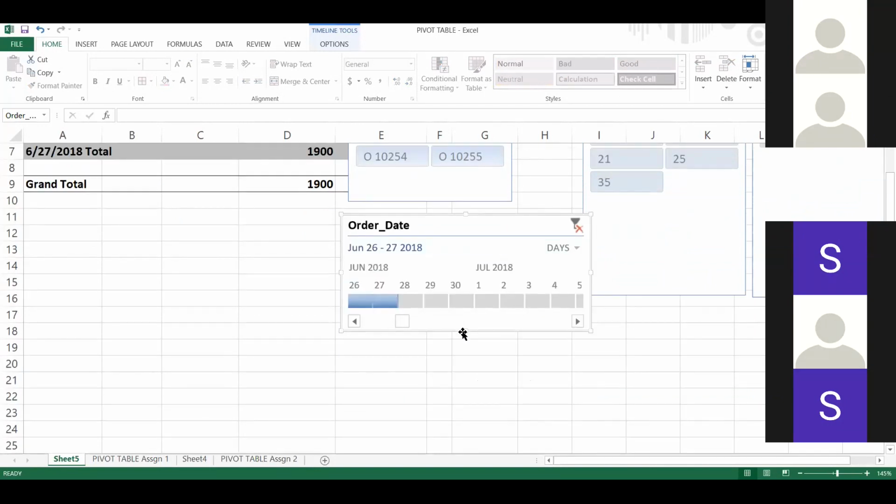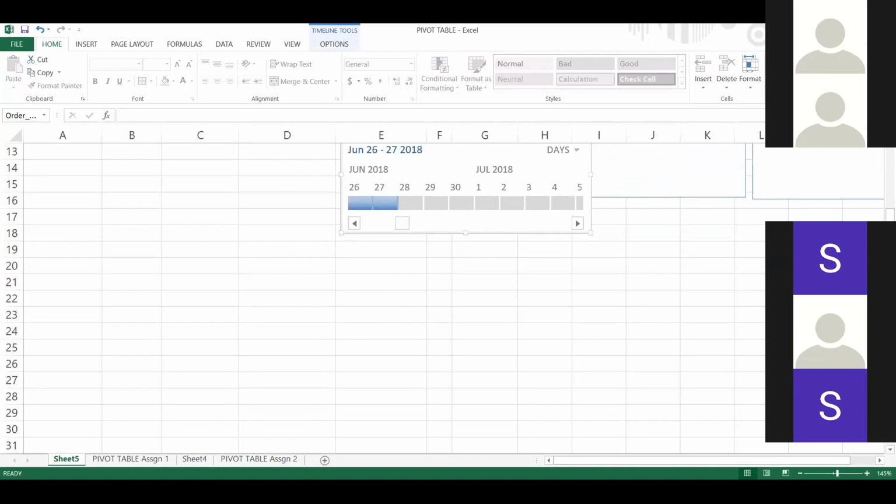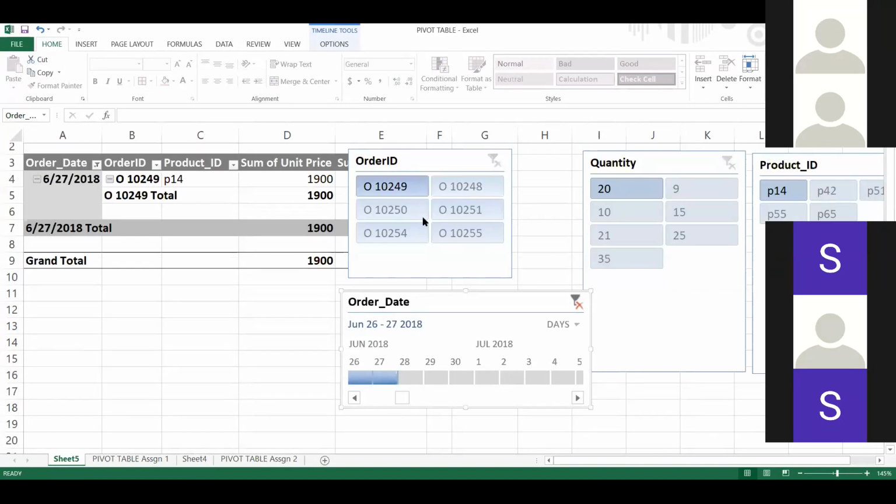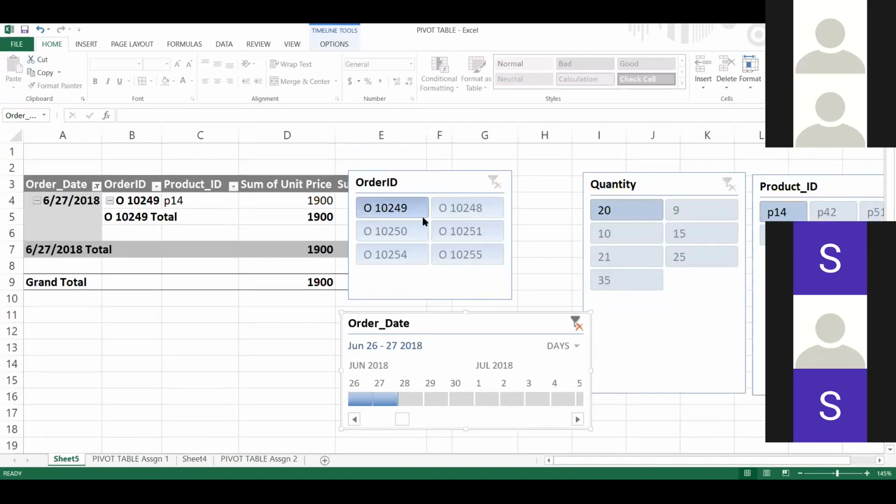Vanaja, is this clear? Vanaja, is this clear? I think she's not able to hear me. Samihan, clear? Yeah, it's clear.